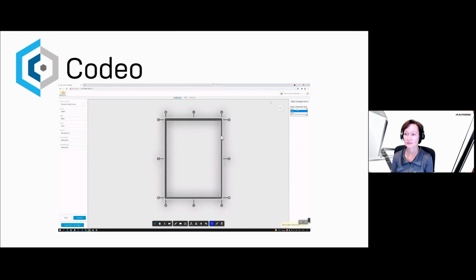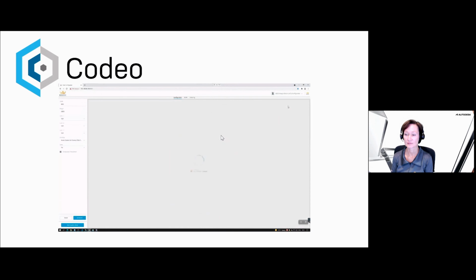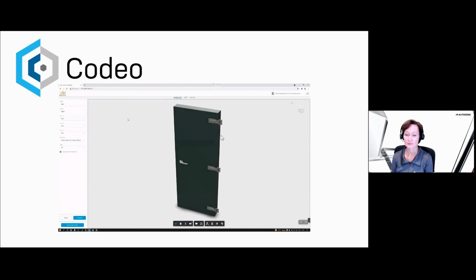I'm gonna see the standard doors on the list, and I'm gonna configure a single door. We'll change the door leaf parameters and add some lock options and generate the door.